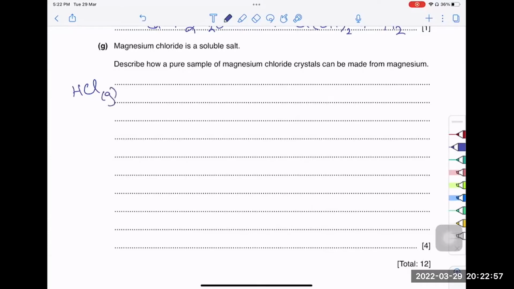This is hydrogen chloride. This is hydrochloric acid. Remember this. Whenever they say hydrochloric acid, they mean aqueous. When they say hydrogen chloride, they mean gaseous. Okay. So I need acid, not the gaseous thing. So I'll add hydrochloric acid